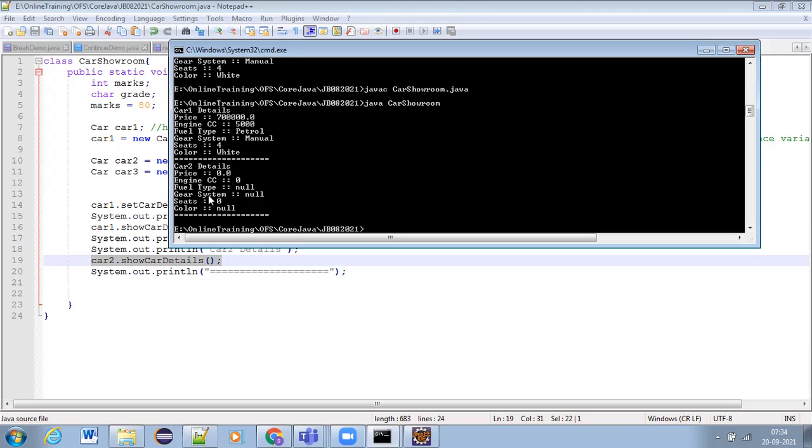So if we want to store any values in one object, those values are secured within that object's boundaries, and even though objects are of the same class type, they will not read the property values of other objects.